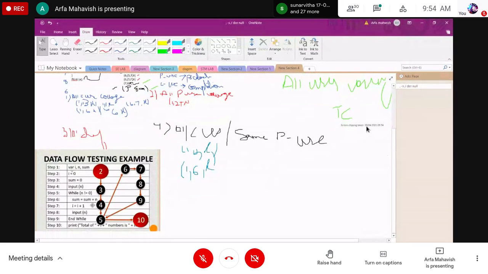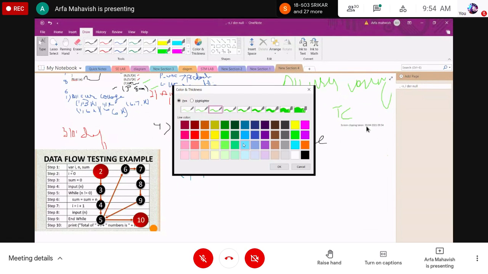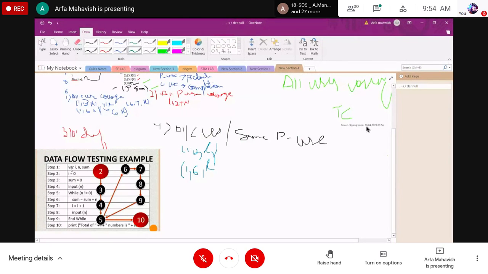This is another way to go with this. Look at this diagram, guys. This is your code.